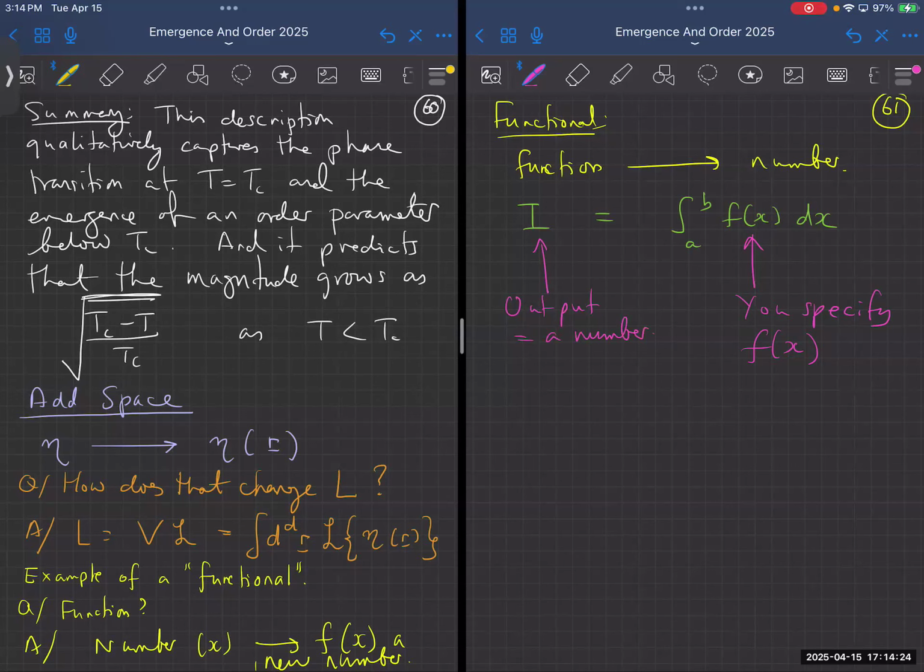And that's what a functional is. So our Landau free energy is a functional. Okay, so that's just the nomenclature. So now the question we want to ask is, what principle can we use